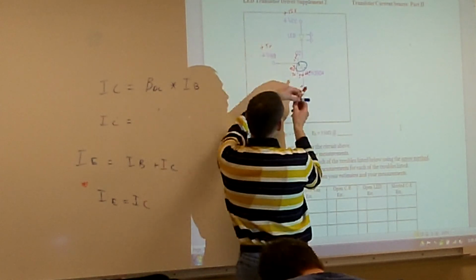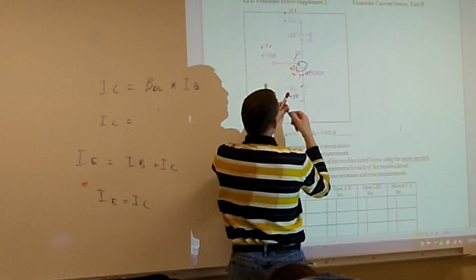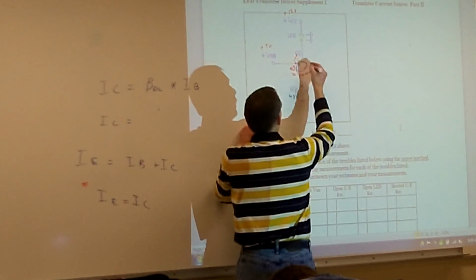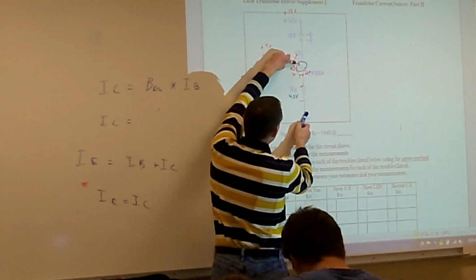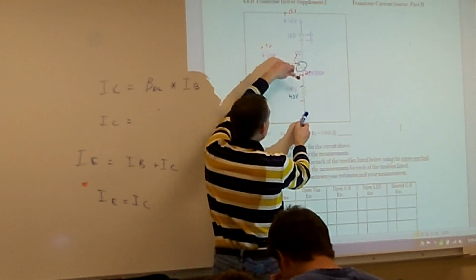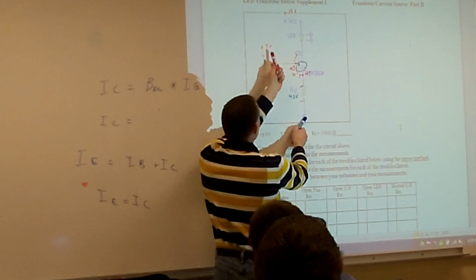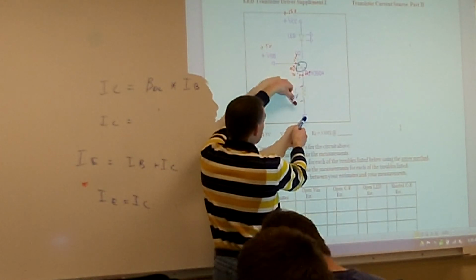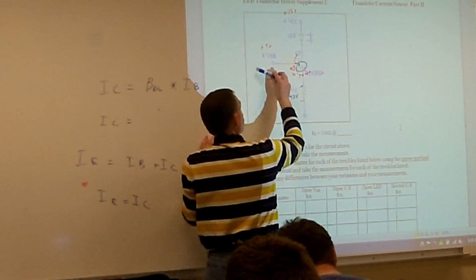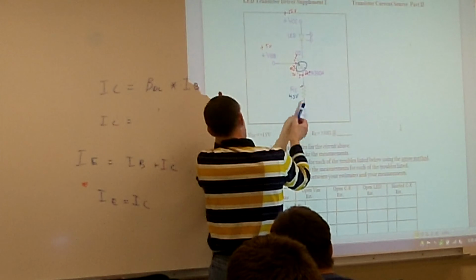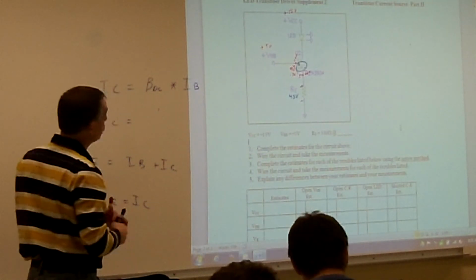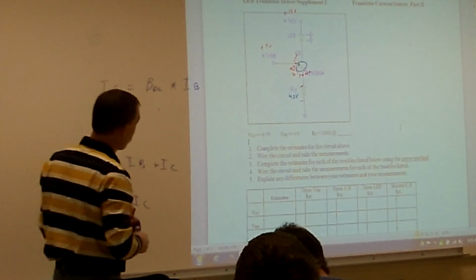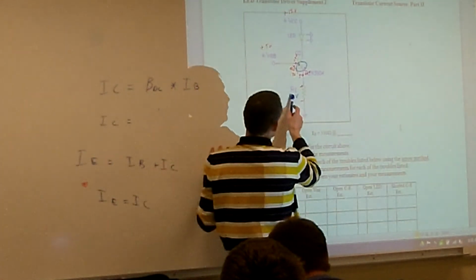So as I come through, bring my red lead around, positive, negative. My first voltage that I see is going to be a positive 0.7 volts, and then the remainder must equal so I get my source voltage. Then I'm going to get a positive 4.3 volts. So whichever circuit way I go, I need to make sure I end up with my positive 5 volts. So that means that RE is going to drop